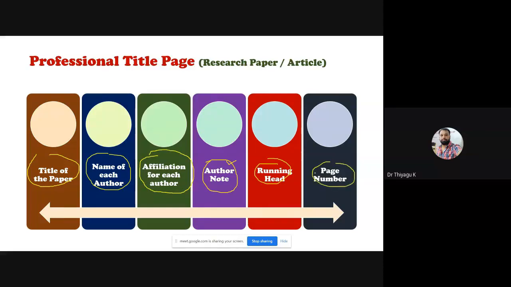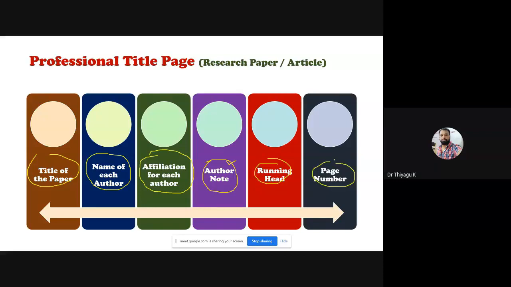Before that, I'm asking a question: where can we add the page number, at the top or the bottom, according to APA? Any idea? People add the page number on the left or down or up, but APA is focusing on whether it's up or down. Somewhat actually, the 6th edition may be the bottom, but the 7th edition is talking about the top.